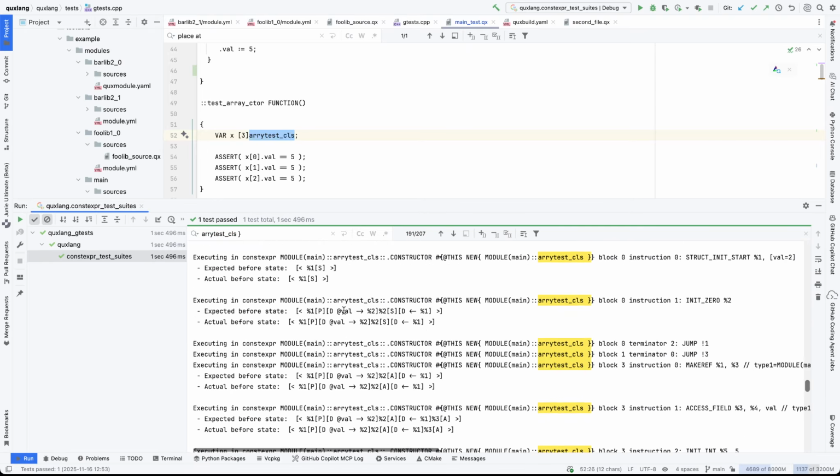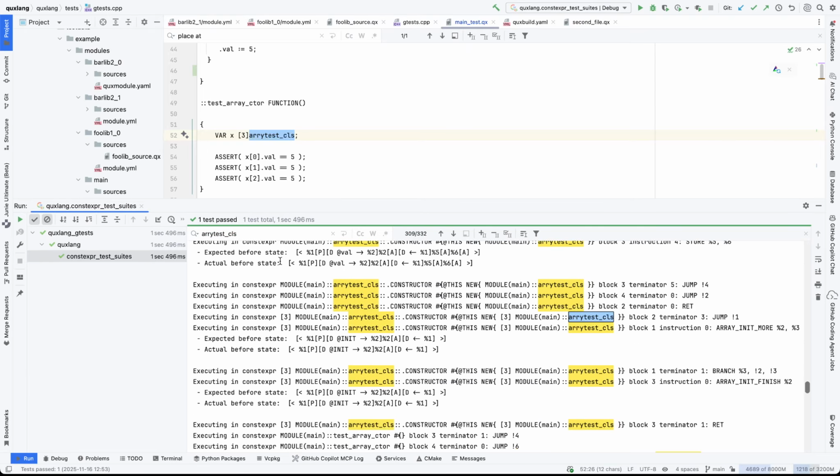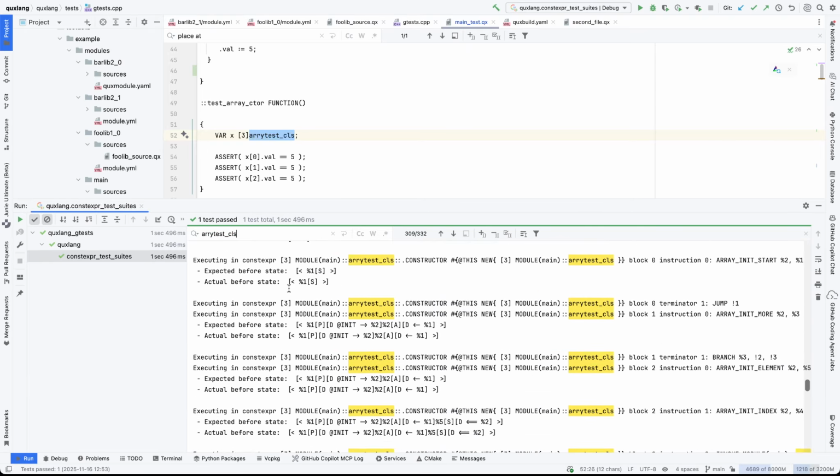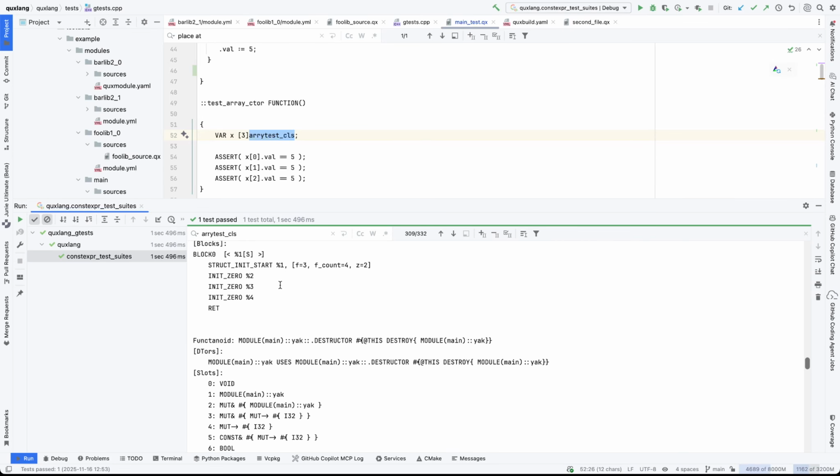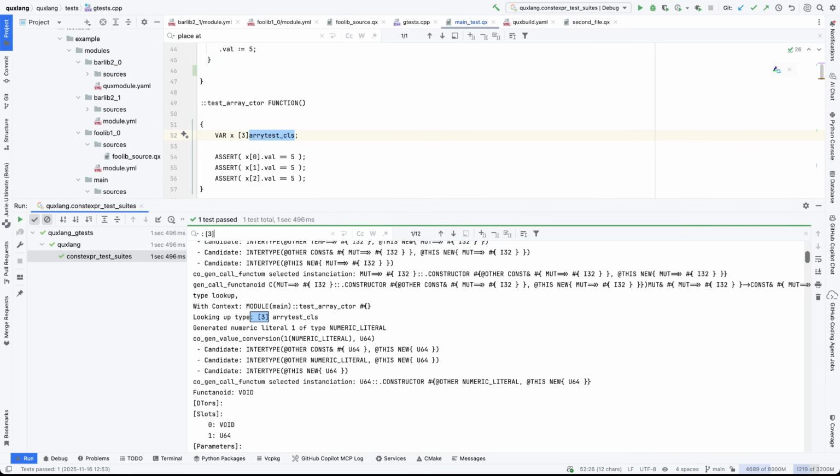Actually, I'm somewhere in here. Yeah, it prints out a lot of spam. What does this be? Module 3. So